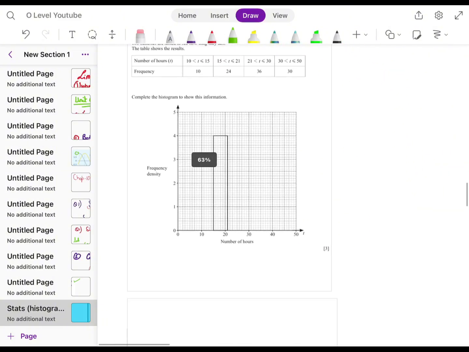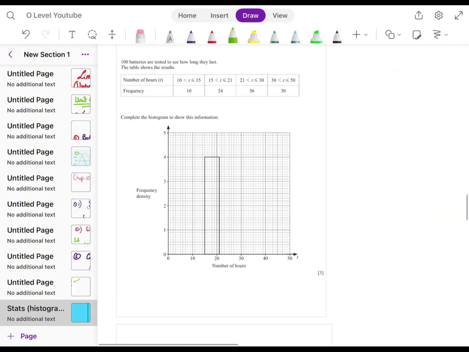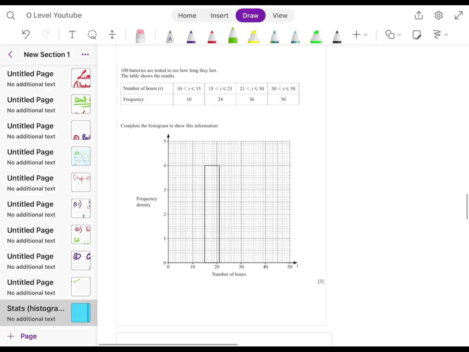Now moving towards the next part. This part is homework for you. This is a similar part to what we have done previously, so try to take a screenshot of this question and try to solve it. And if you face any difficulty, you can comment to me. I will try to share the solution as well. So I hope the histogram concept is clear. Now we are moving towards the